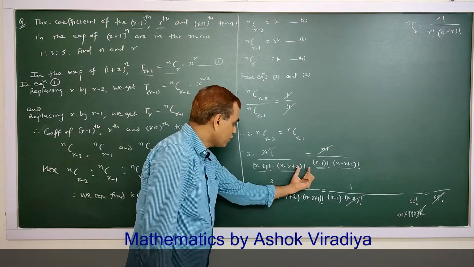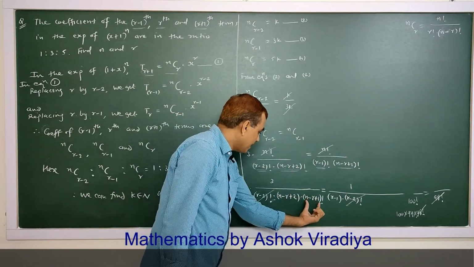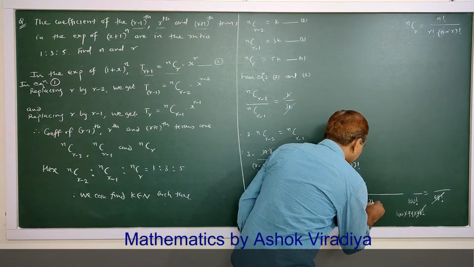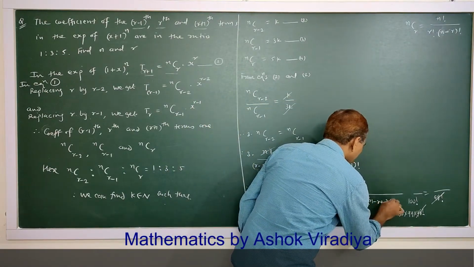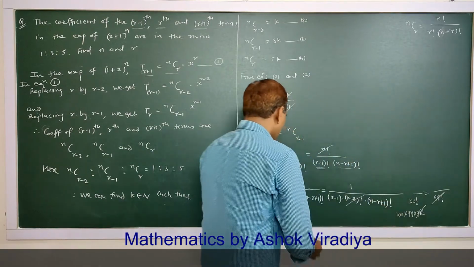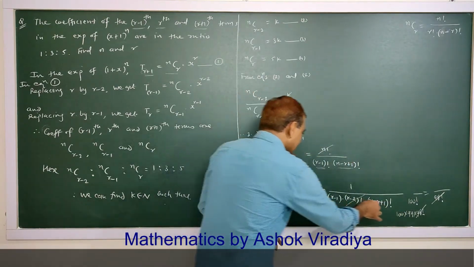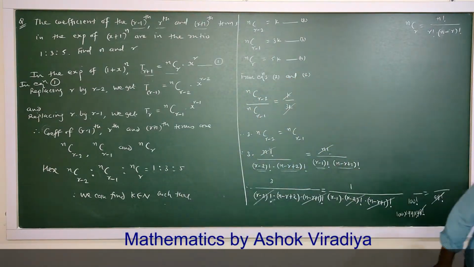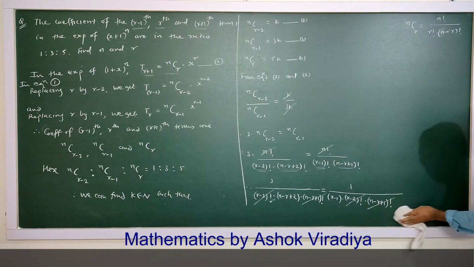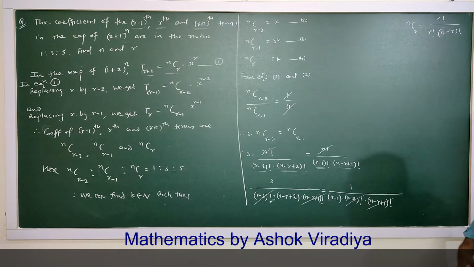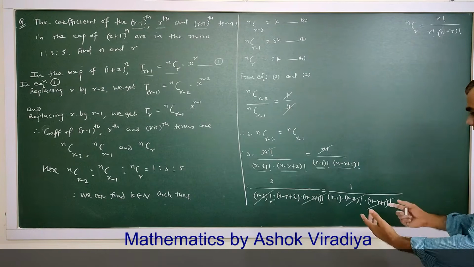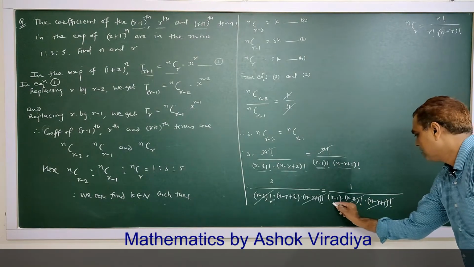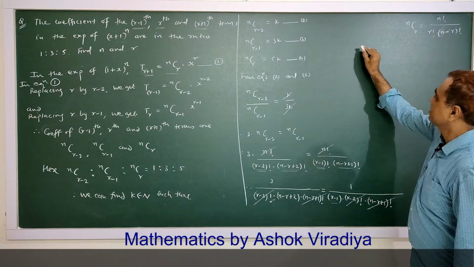If it is 100 factorial, it becomes 100 into 99 factorial, because here we are having n minus r plus 1 factorial. So this factorial term can be cancelled. Whenever we calculate with such factorial numbers, we can cancel by this method. Now whatever is left, the numbers are free from factorial. So this number we multiply with 3. Therefore